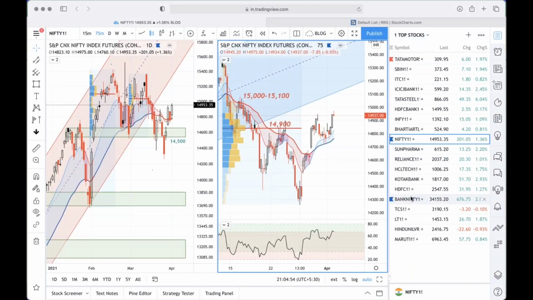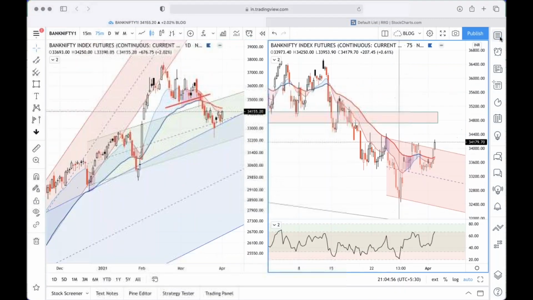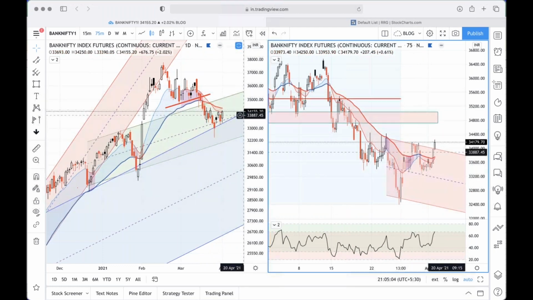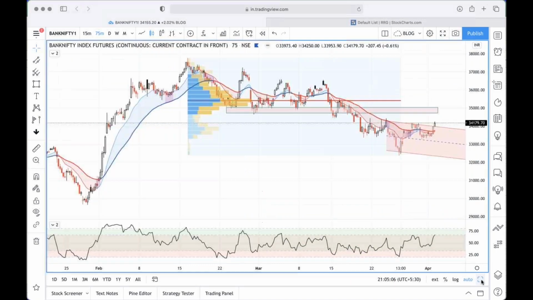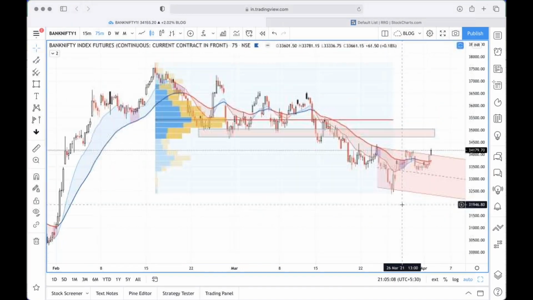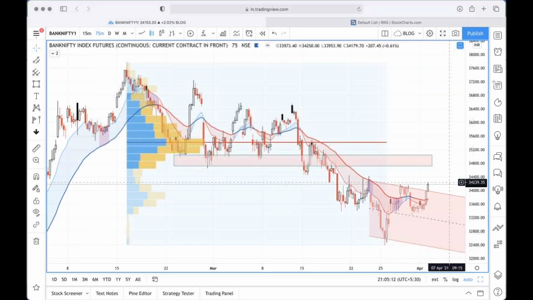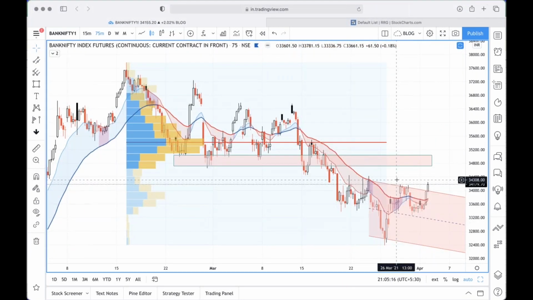The Bank Nifty has managed a similar kind of bounce back, not as good as the benchmark Nifty. Now, the 75-minute chart of Bank Nifty, which is this one, I'd like to bring your attention. We've got a short-term channel breakout on the upside, this one. And if you look at the 34,300, 400 level, this is where once, twice, thrice, almost 3-4 times the index